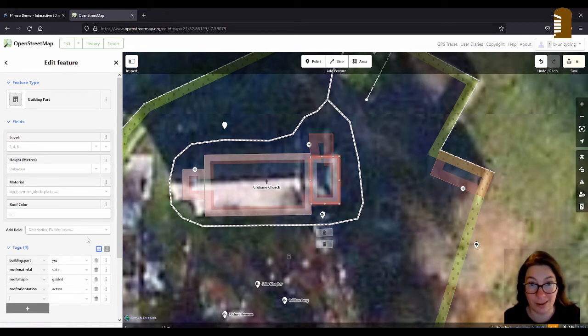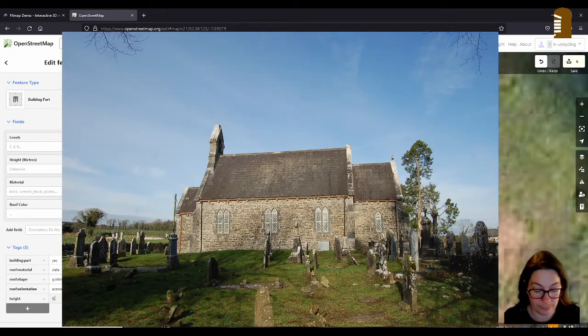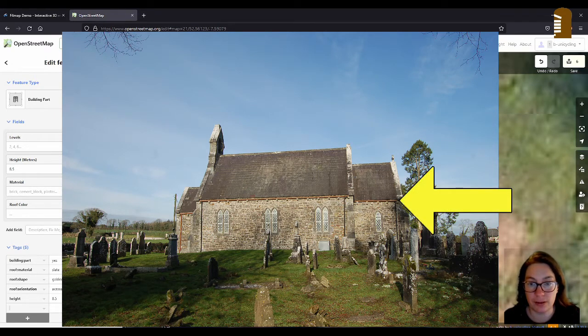And the estimated height here is 8.5 meters of the whole thing. And the roof looks to be the same height as for the main part, for the nave.